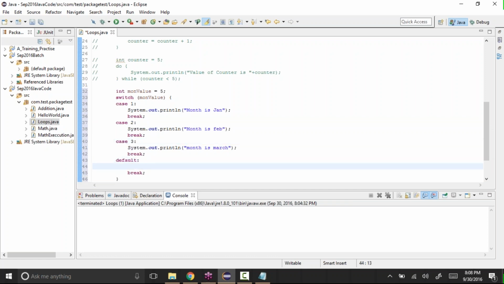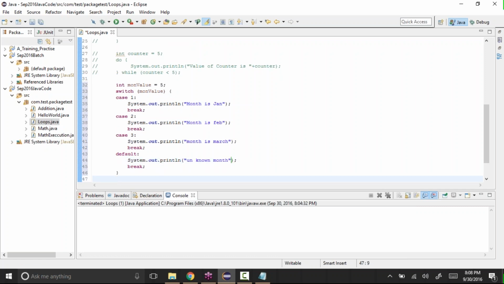Here also I can have some code. So, unknown month, something like this. Now if I give, let's say, month as 13, it should display unknown month. First it will check the first case, which doesn't match. Second case doesn't match. Third case doesn't match. Then it will go into the default one. So like this you can have any number of cases. Let's run it. See, unknown month. And if I give 1 and run it, I'll give Jan.